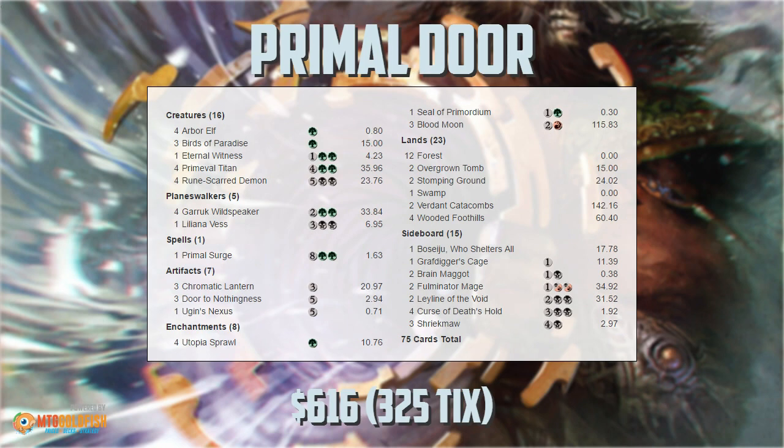Even just being able to go 1-drop into Chromatic Lantern into another 1-drop, and this is all happening on turn 2, means on turn 3 we're untapping with enough mana to cast a Primeval Titan, our Lilianas, our Garruks, and then after that we have enough mana to cast our Runescarred Demons, find whatever combo piece we need, our Doors or whatever. So the deck is faster than it looks when it gets its really good draws. Of course, we're relying on creature-based mana, so it can be disrupted by removal, but overall, I was pretty surprised at how well we did,